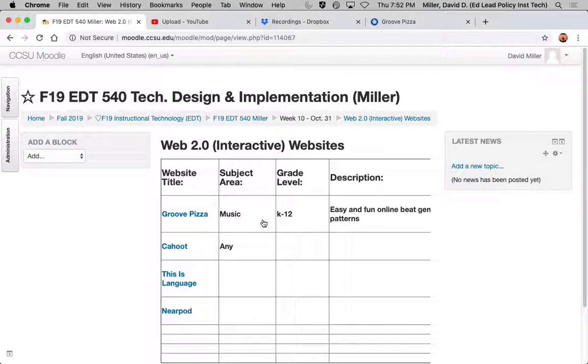Those of you that had already posted something to the forum from a couple weeks ago, I did go ahead and put links in here. But my idea was that each of you, even if your stuff's not up here yet, just share a little bit about the Web 2.0 thing you found. Who do you think it would be useful for in terms of a subject area or a grade level? Maybe a brief description about it. And I'll take notes up here so that, if any of these seem interesting to you, you'll have this as a reference to come back to.